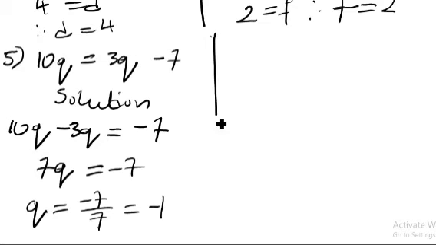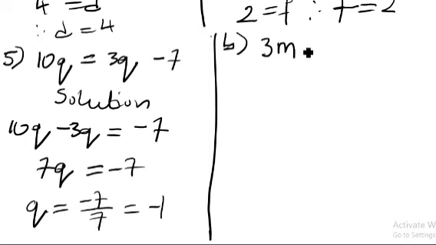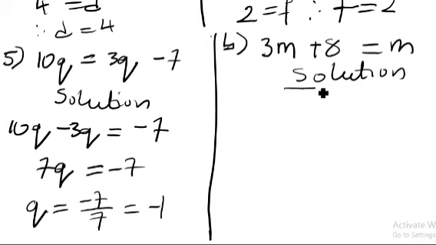The b part. Do I have the b part? Yes, I have the b part. I have 3m plus 8 equal to m. Solution. Here, this is the bigger m, so I'll move this here. So you're going to have 3m minus m